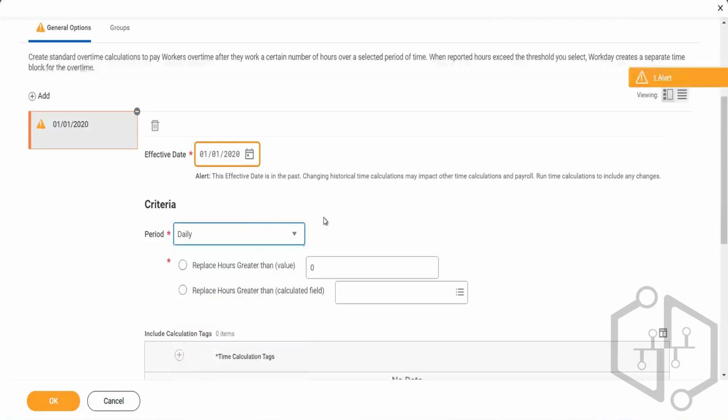It is a daily calculation. So what my query was basically, any worker who's working more than 8 hours a day, he or she should